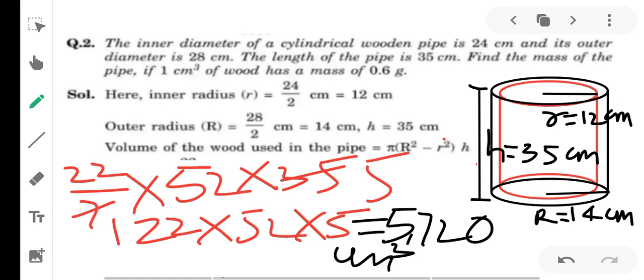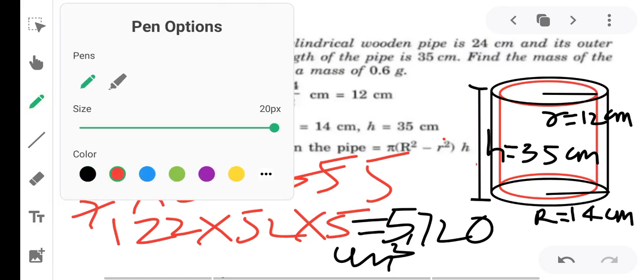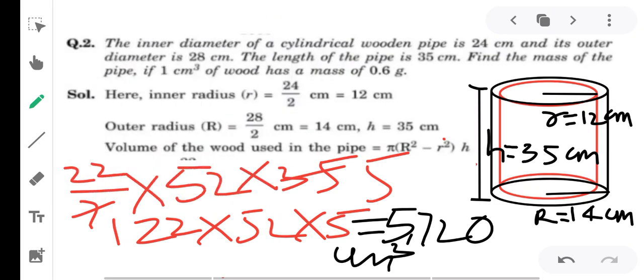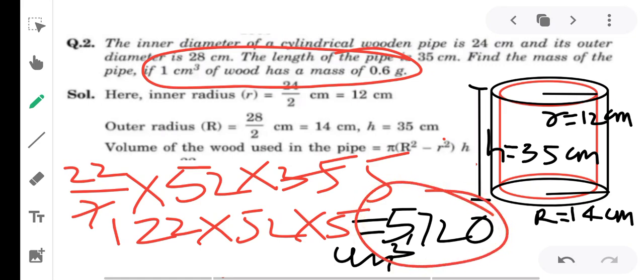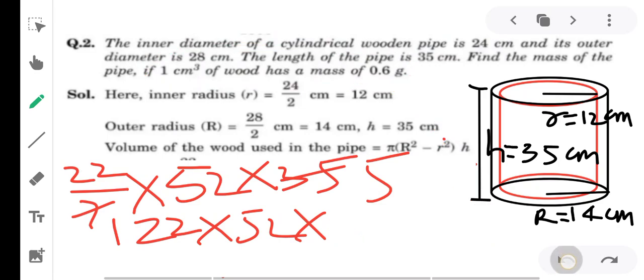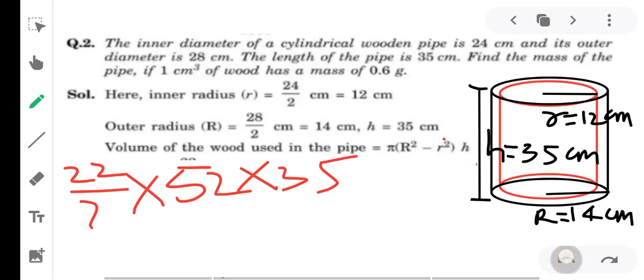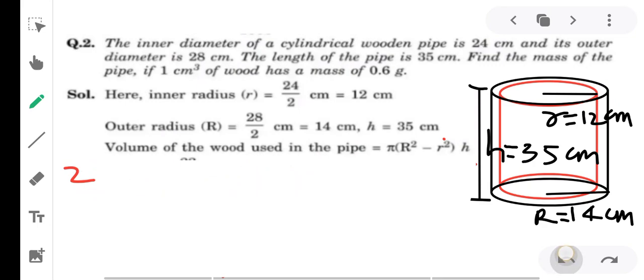Now they are asking, what they are asking, we have to find the material, और we have to find the mass of the pipe. तो यहाँ पर ये जो हमने देखा है 1 सेंटीमीटर क्यूब वॉल्यूम जो है that is equal to 0.6 ग्राम. तो ये जो हमारी वैल्यू है 5720, it should be multiplied with the 0.6 के साथ इसको मल्टीप्लिकेशन हमको करना पड़ेगा यहाँ पर, ठीक है. तो चलते हैं, इसको मल्टीप्लाई करते हैं हम, then we will get the mass. हमको यहाँ पर मास ऑफ पाइप मिल जाएगा.